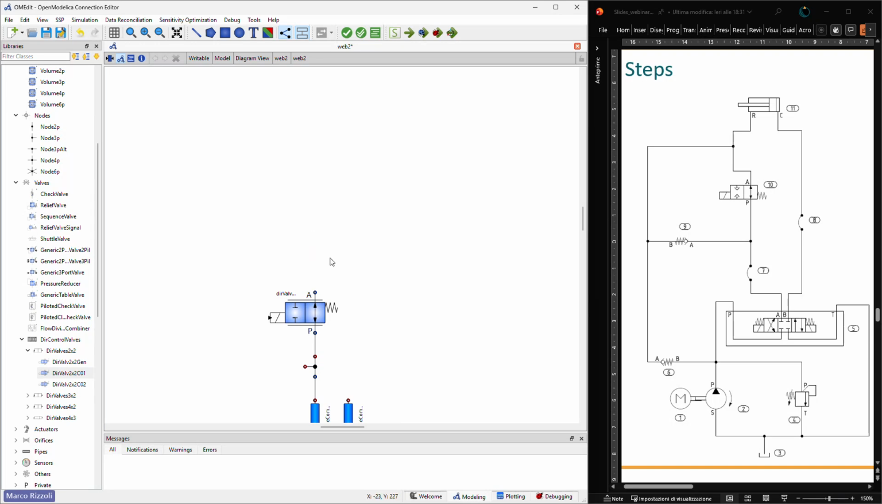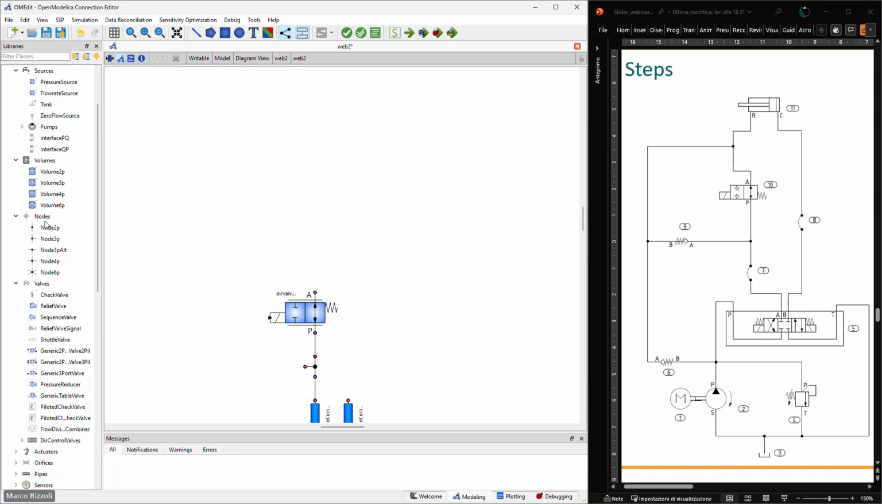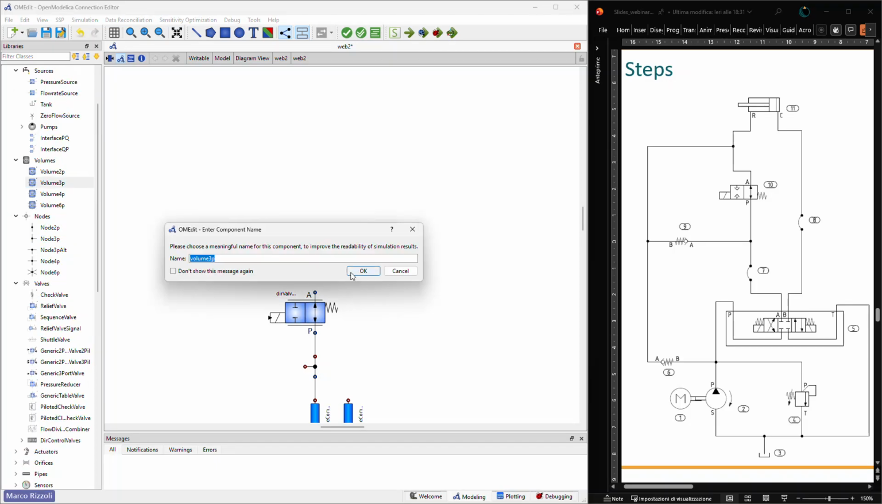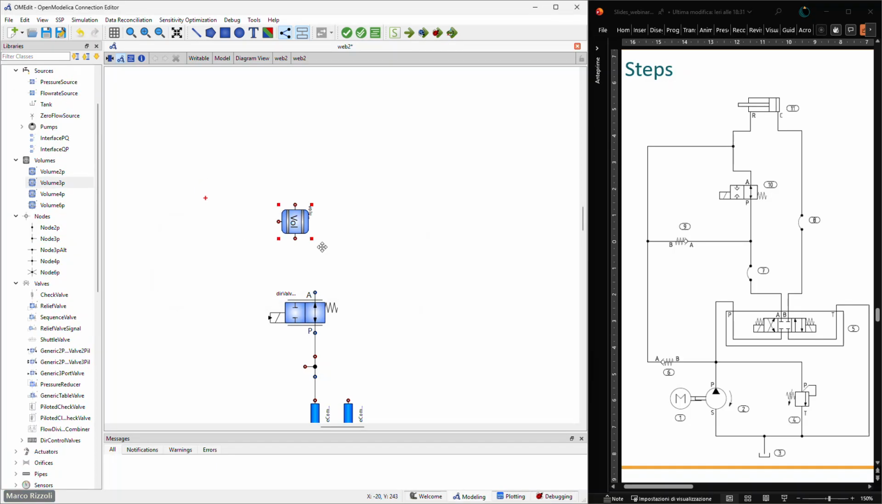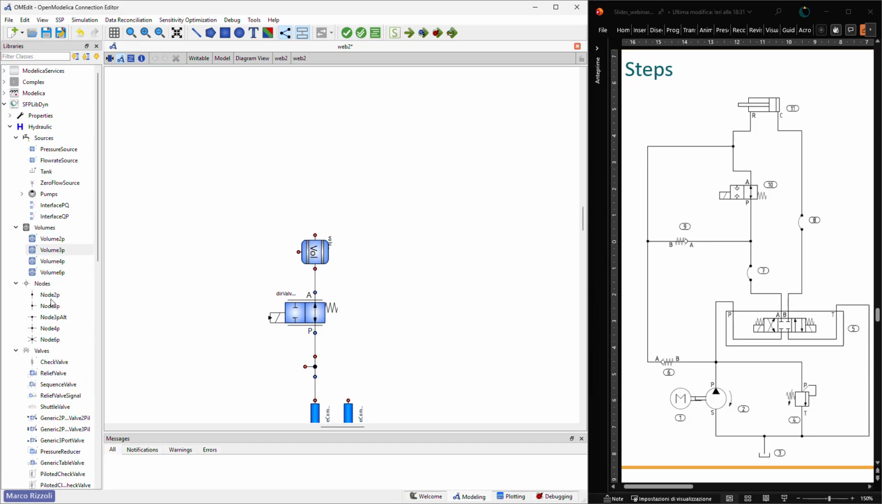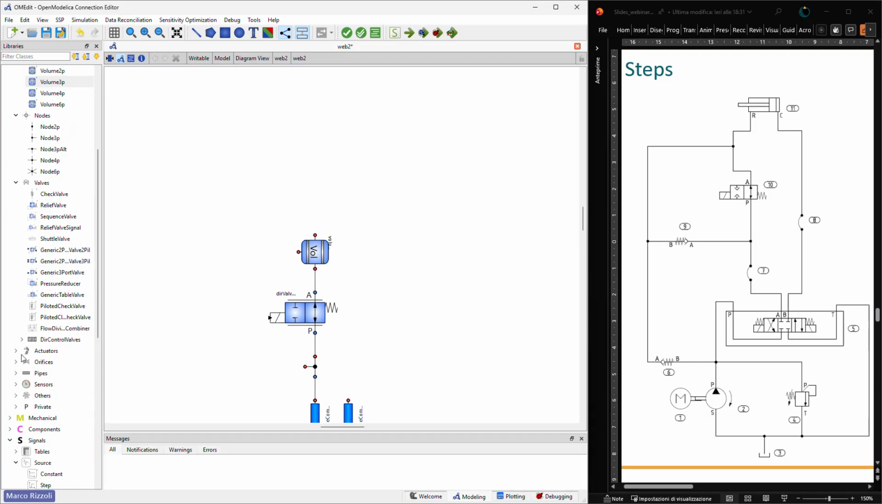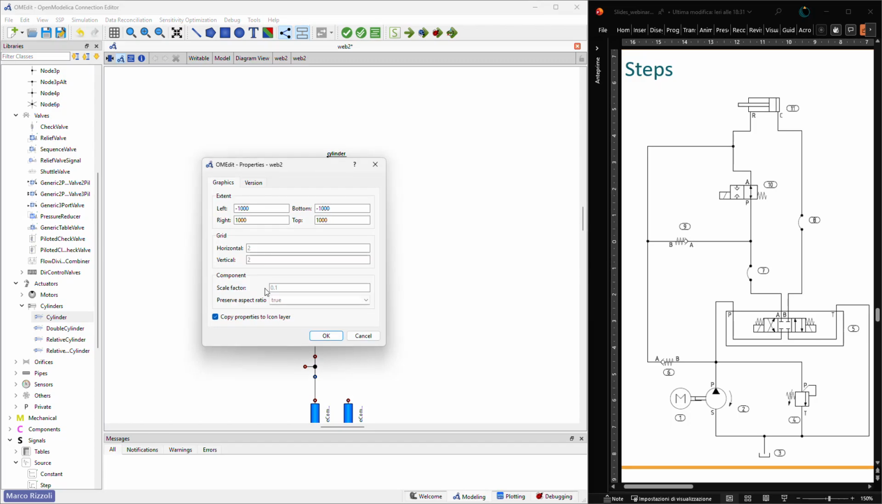Before I use the cylinder, I need another volume. I will use a volume with 3 pins here to connect on this side, and then I conclude with the actuator that is under actuators, cylinders, double cylinders. Here I can, not this one, that is a double rod. Okay, I can mirror and connect,